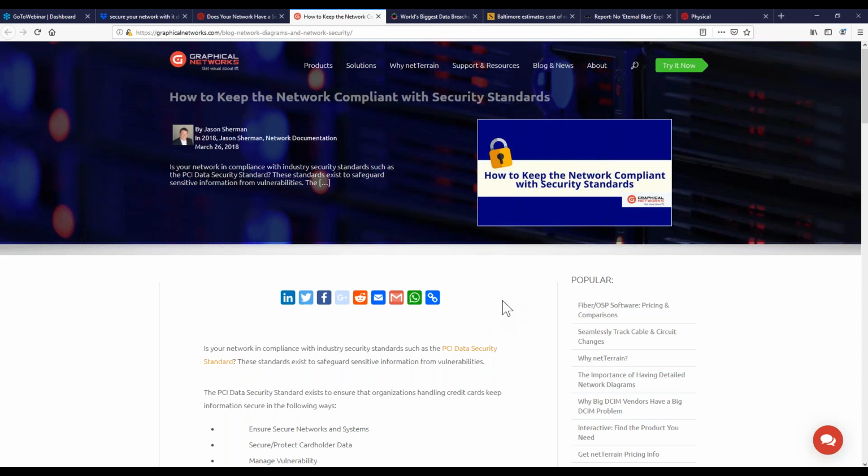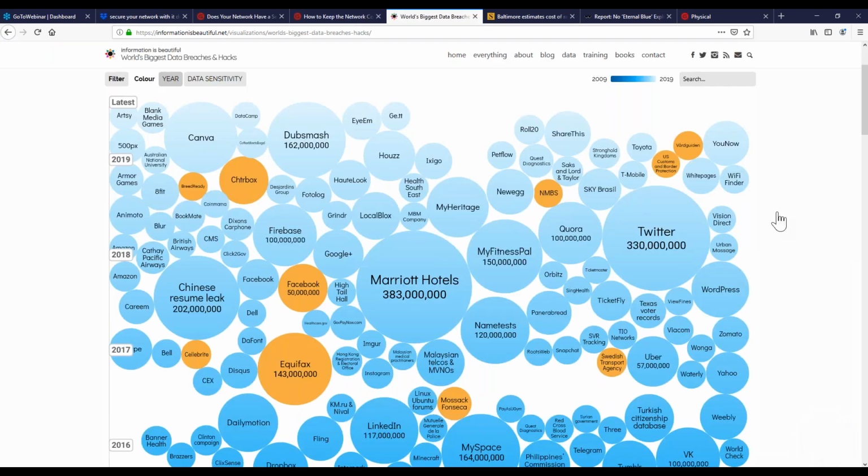So what you're trying to avoid, of course, when we talk about network documentation, is adding yourself to one of these lists where you're the most recent person being hacked, and you've released data into the world that was important, information about people and your customers. You're of course trying to keep somebody from breaking into your network, but that can be a pretty tall order these days. You can look at this list here.